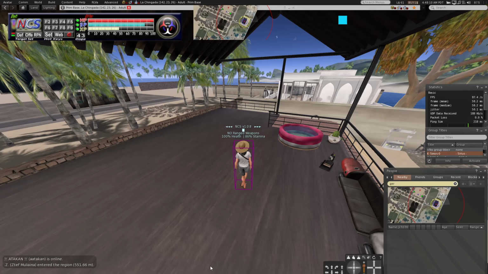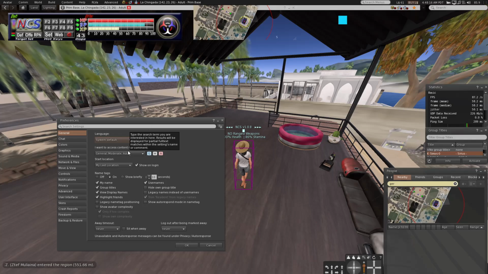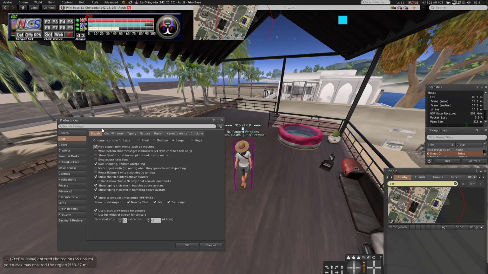Okay, so the viewer settings, let's see. We press Ctrl and P and we go into the viewer settings. Here I haven't changed anything, I think. Here, what I have changed is that I think I have unticked this box here that says use full width